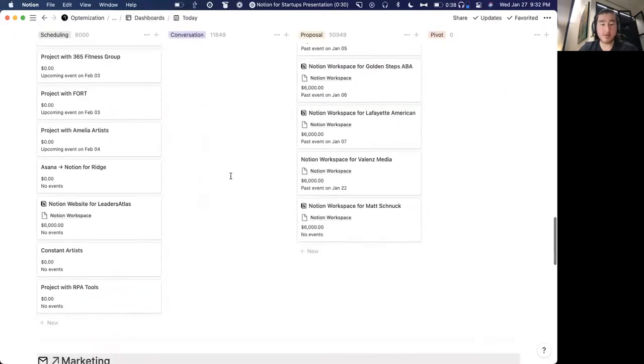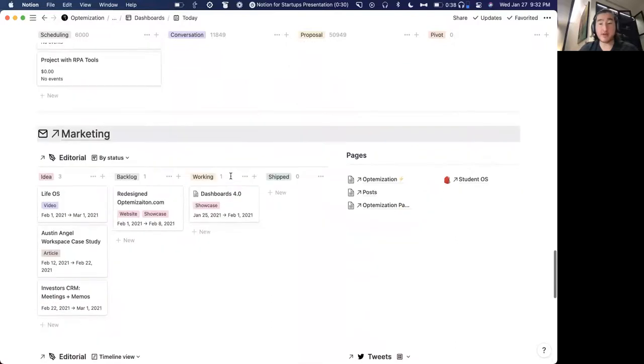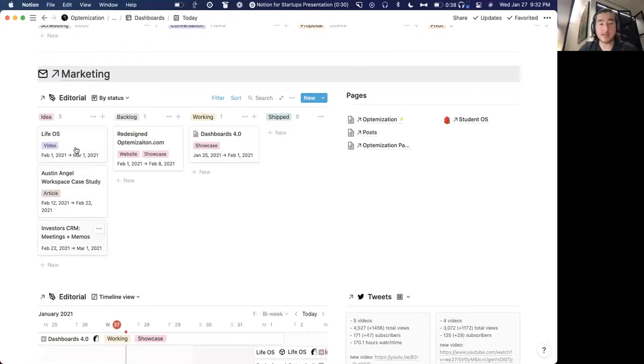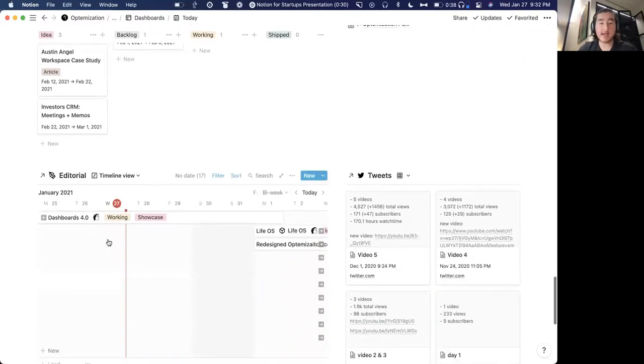And below that, we have a brief snapshot of marketing. So in my case, I care about the editorial or the marketing items that I'm currently working on. So for me, that's basically these things, and a couple links as well. So this goes to my website, this goes to blog posts, and this goes to templates. And then below that, I have the same